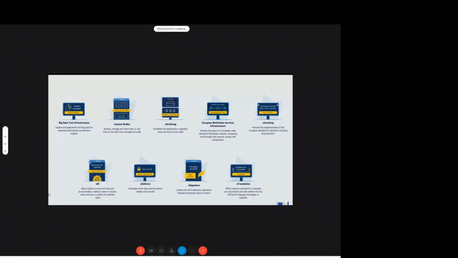The context broker, big data test infrastructure, and e-archiving are all seen as basically components of the data value chain. So how do you use data sets? How do you deploy them in services and smart services? And finally, how do you engage in long-term data storage? And finally, we have e-translation, which offers the ability to have multilingual cross-border public services by basically using